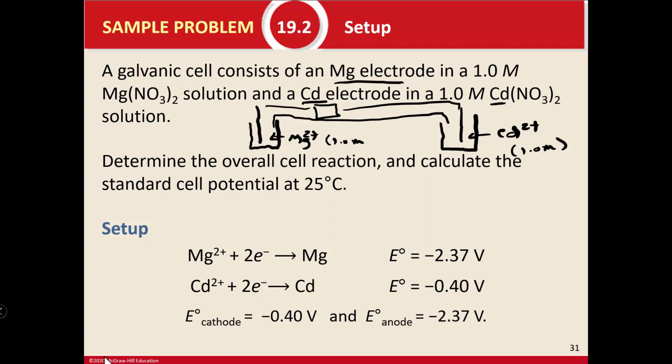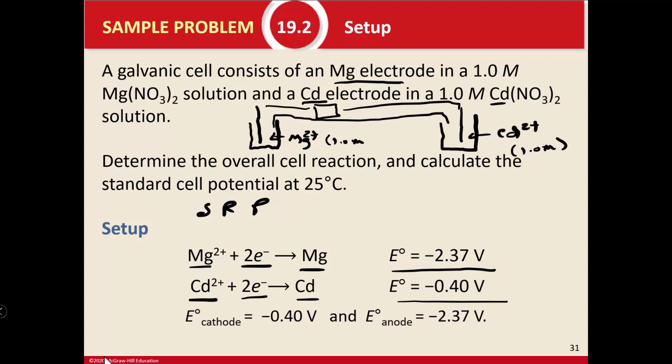Now, what's cool about this is all of these cells have been referenced to the standard hydrogen electrode. So there's a table of these values, and you just look these up. You look in the back of the book and you'll see that magnesium 2 positive being reduced to magnesium, these are always reductions, called standard reduction potentials, is negative 2.37 volts. And the standard reduction potential of cadmium 2 positive gaining 2 electrons to become cadmium metal is negative